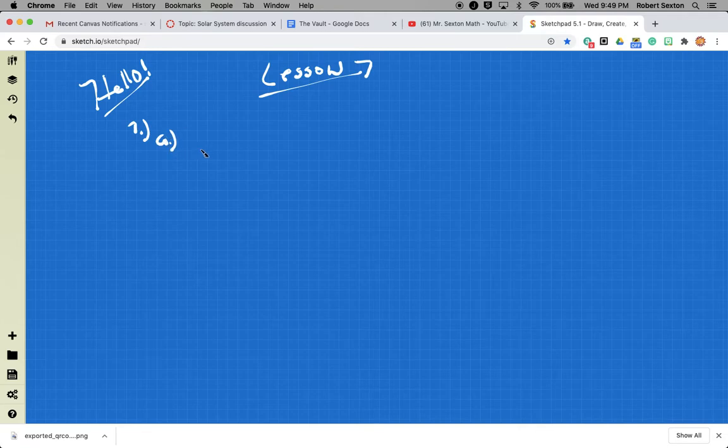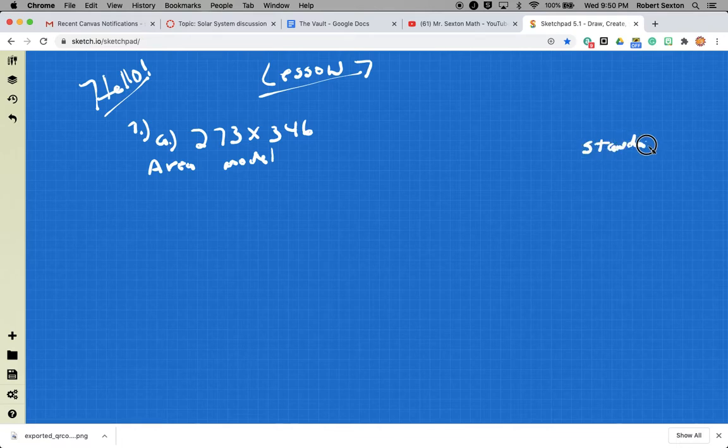A is 273 times 346. They're asking you to do this in both the area model and the standard algorithm. Algorithm. Wow. You'll have to take my word for what that says. Standard algorithm. All right. So this is going to work exactly like what we've been doing on lessons 5 and